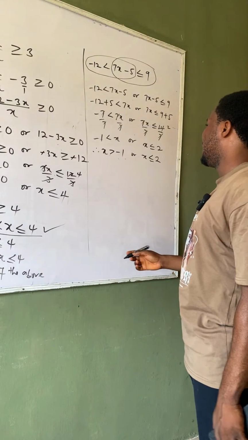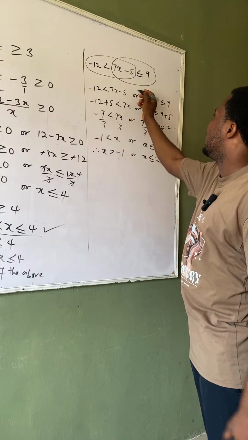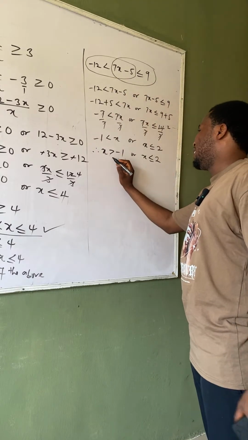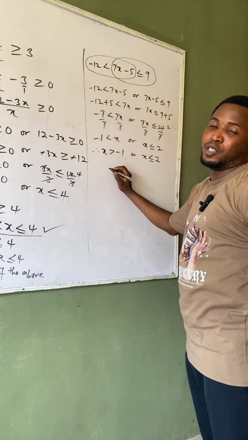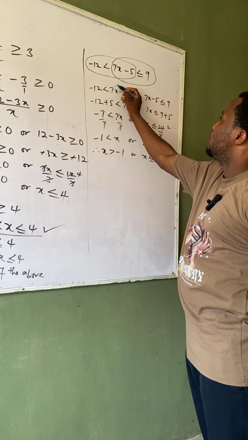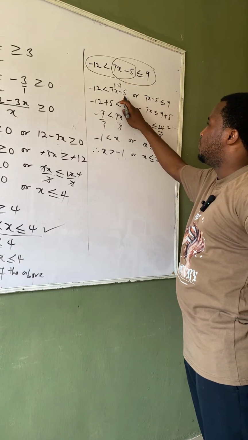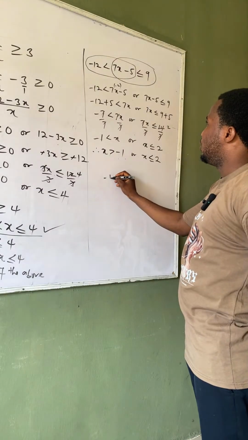Then look at it. If x is greater than minus 1, can it work here? It should. Look at it. What are the values that are greater than minus 1? Minus 1 is one part. That means I have minus 2. Put minus 2 here. 7 times minus 2 is minus 14, minus 5, minus 19. So it's minus 12